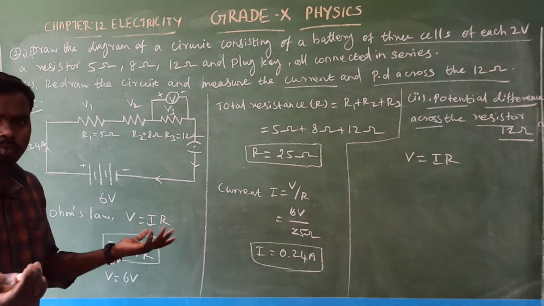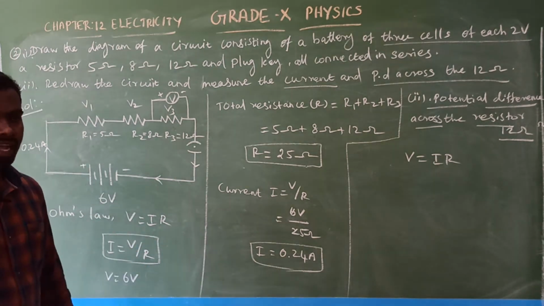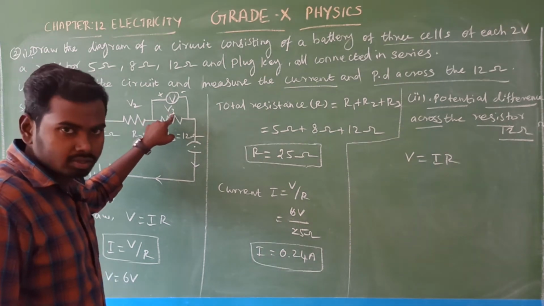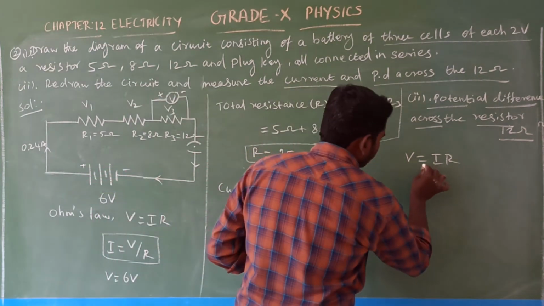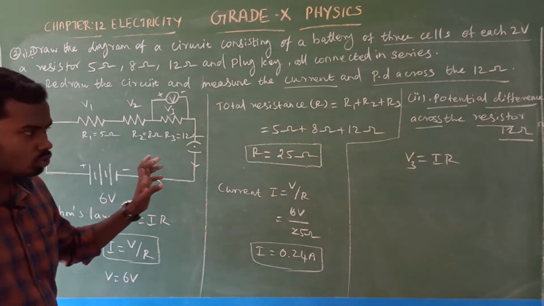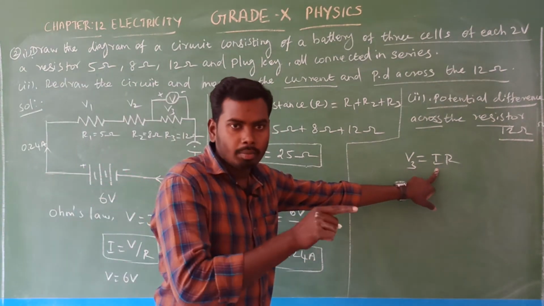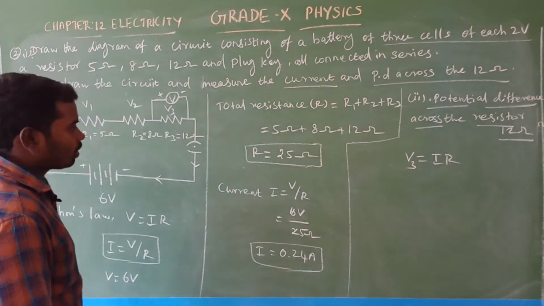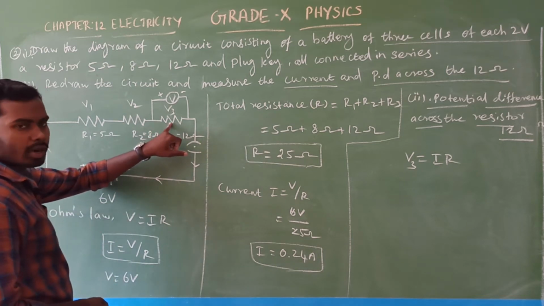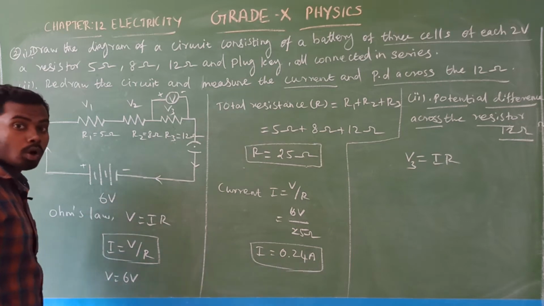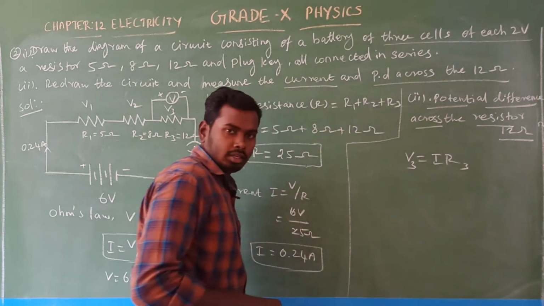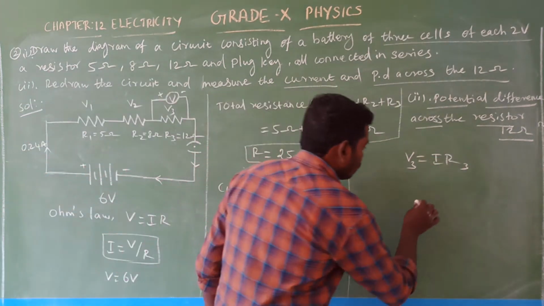Because in series combination potential difference gets distributed and current remains the same, isn't it? Yes. So we need to calculate this V3 only. Is that clear? Yes. So here change the formula. V3 is equal to I times R. In series combination I remains the same, which means current remains the same. And what is that R? Across this, the resistor value is R3, that is equal to 12 ohm. So here the resistance will be R3. Now find out what is the I value.